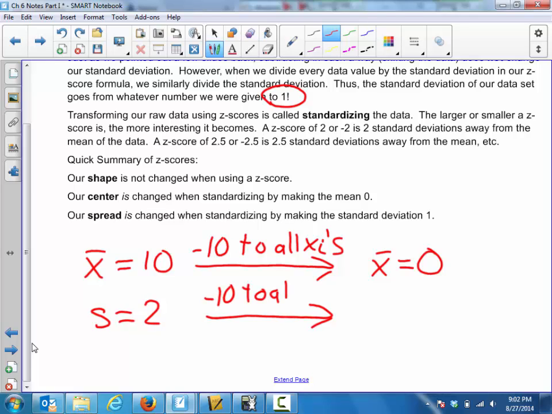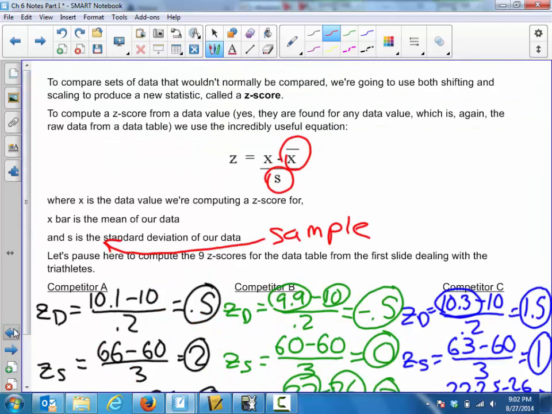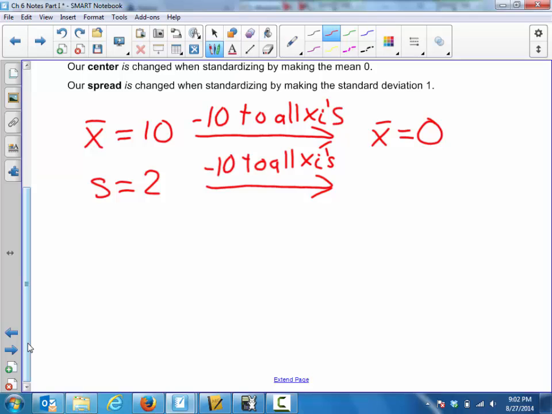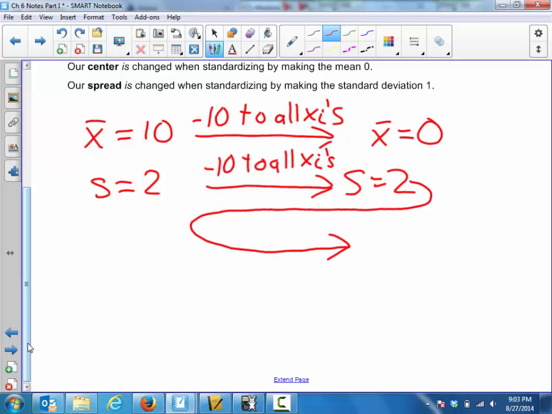Nothing's coming to mind. Sample standard deviation of 2. If we were to subtract 10 from all the x sub i's, because notice when you calculate a z-score, it starts with that subtraction, then you do the division. If I'm subtracting 10, does my sample standard deviation change? No, because that's a shift. So the sample standard deviation would still be 2, but then if I